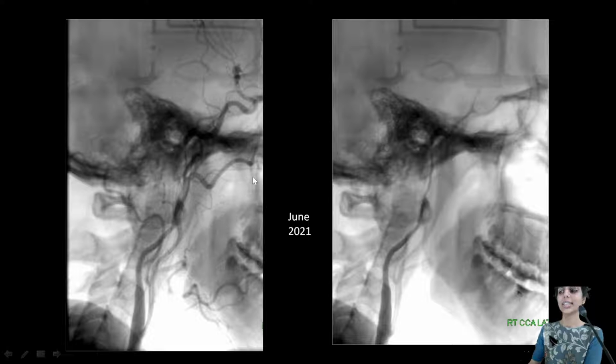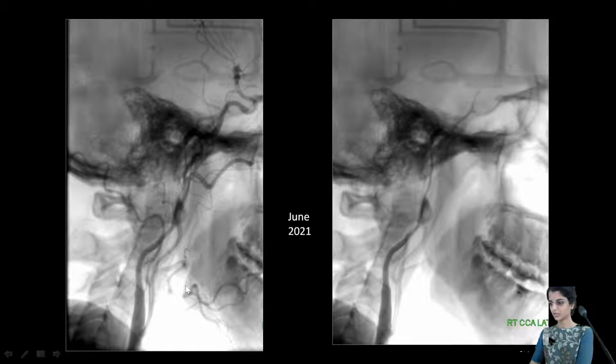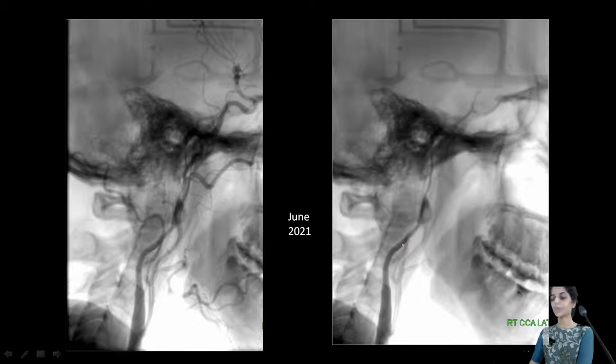So this was actually imaging done in an outside hospital. Initially, she had gone to another place. So here, we are seeing that the right ICA is grossly narrowed and irregular, and the supraglenoid ICA again appears normal in this image. So this is basically right ICA dissection,